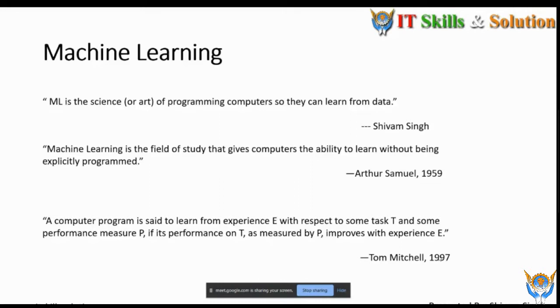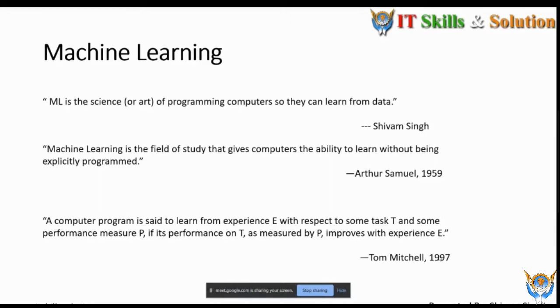Okay, you have 30 years of data, so that 30 years of data is called your experience. So this is the experience which you give to your computer. Then we perform some tasks. So task is nothing but a machine learning algorithm. So we train our data with the help of some machine learning algorithm. We have a large number of algorithms in machine learning, and with the help of that algorithm we train our data, and then we measure the performance of our model.